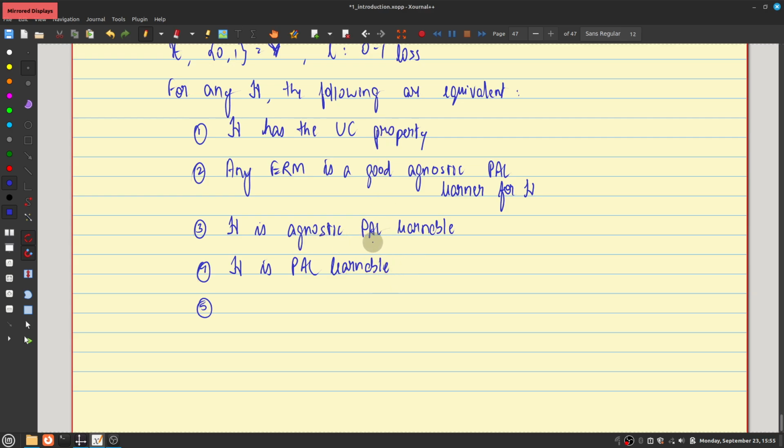It doesn't mean that the sample complexity is the same for these two. Okay? Sample complexities could be different. That's fine. As long as the sample complexity is finite, it is learnable. That's all that we require. So again, I'm not saying that the sample complexities of these are the same, but there's a direct relationship between the sample complexities. Sample complexity of this is something, then this is related to that.